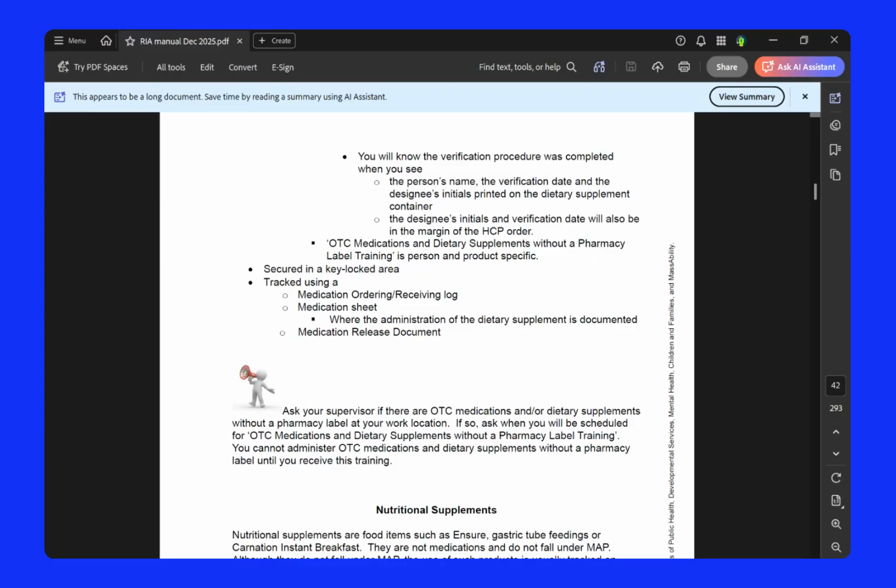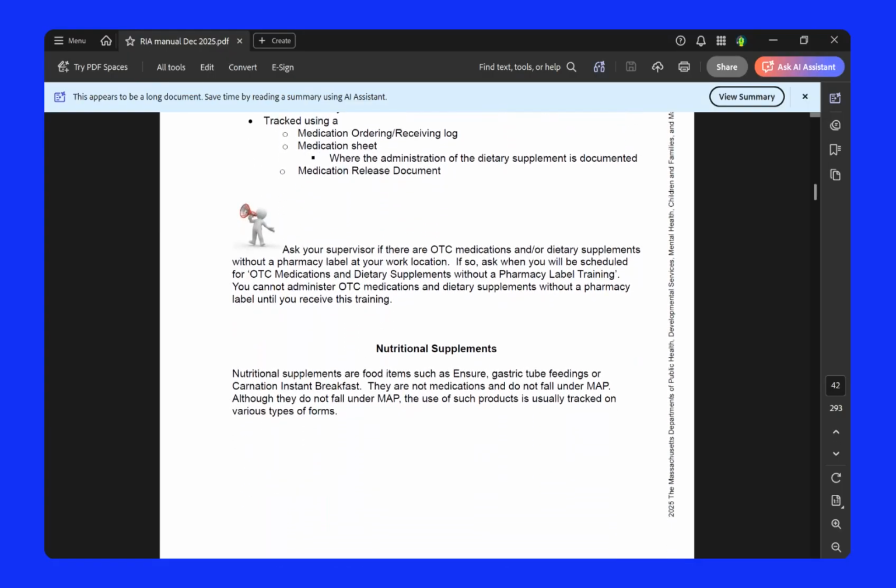Again, if we're bringing dietary supplements to a day program, then we need to have it tracked how many we're bringing and dropping off at day program. They're going to sign that release document, and we're going to file it back at the home, proving that we've brought the medication to the day program. You're always going to want to ask your supervisor if there's any over-the-counter medications or dietary supplements without a pharmacy label. If so, you will be